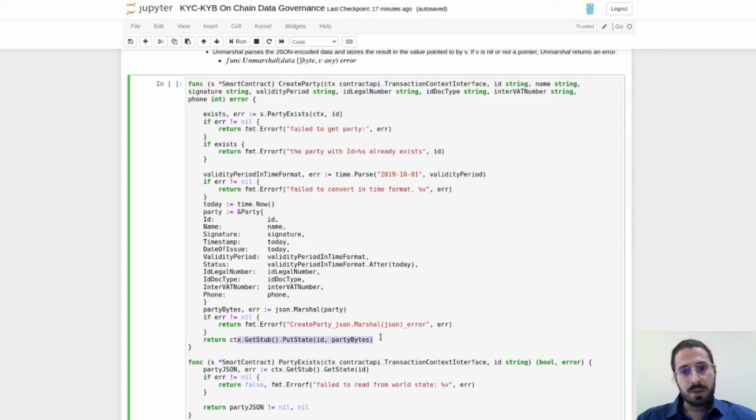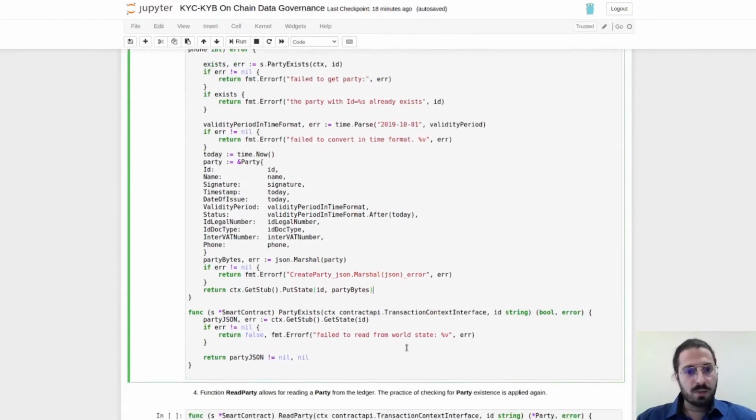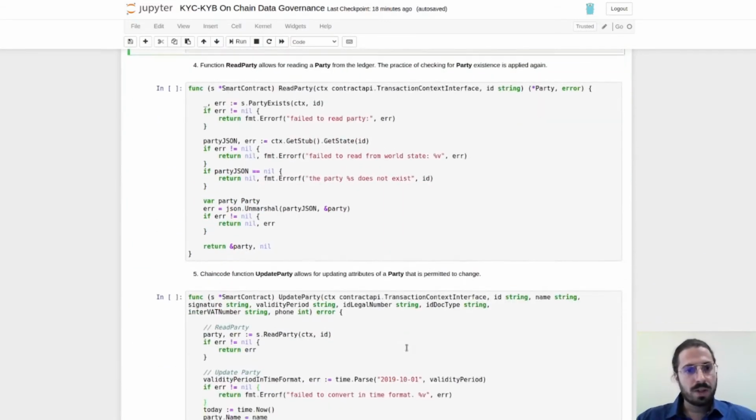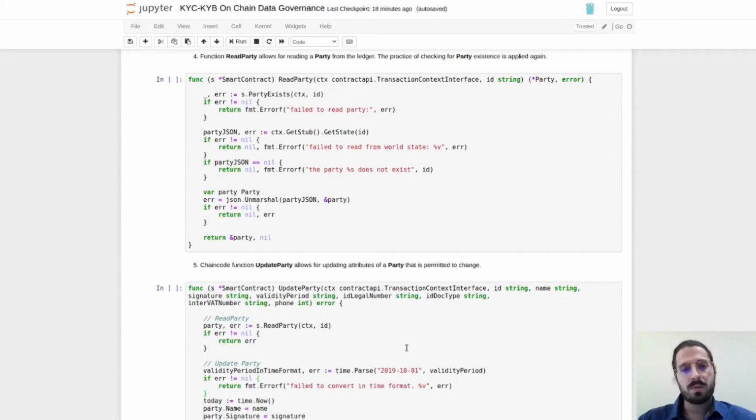Of course, the usage of the contract API and the dedicated interface is constantly being used in these two functions, and we can go to the next one, which is in similar logic, as we will see, since now, as you understand, we're seeing the CRUD operations. So we go to the read party, where we of course check again on this good blockchain practice if there is something on the ledger, and then we read it actually from the ledger, and we have the encoding of the unmarshal at this time.